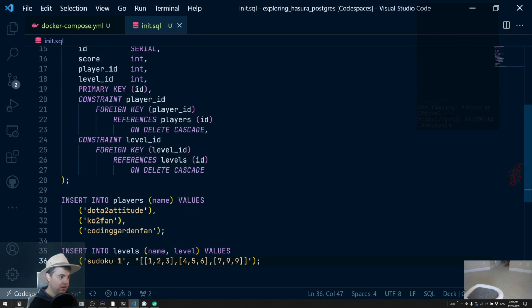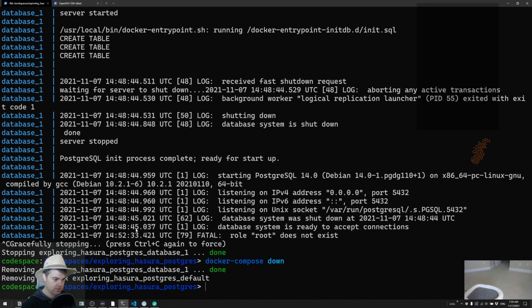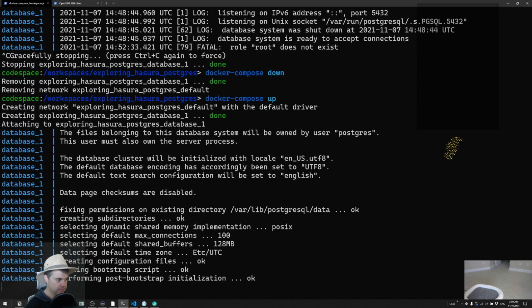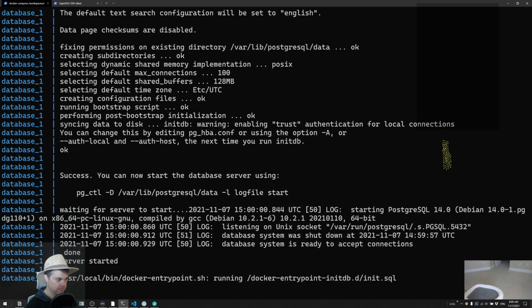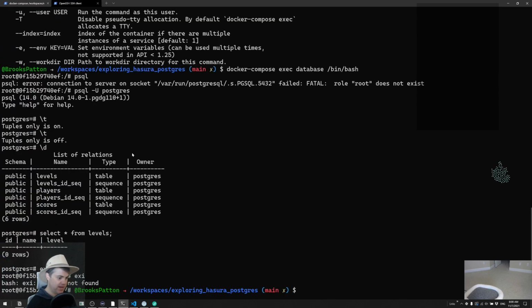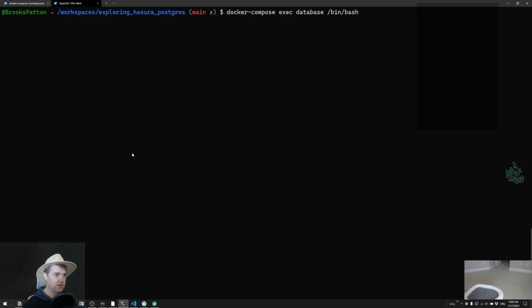Now let's go ahead and run this and make sure that this gets in there properly. So we can see here, we ran init, we inserted 3 things, and then we inserted 1 thing. So if we come back to here, I'm going to rerun you, and then we can do our